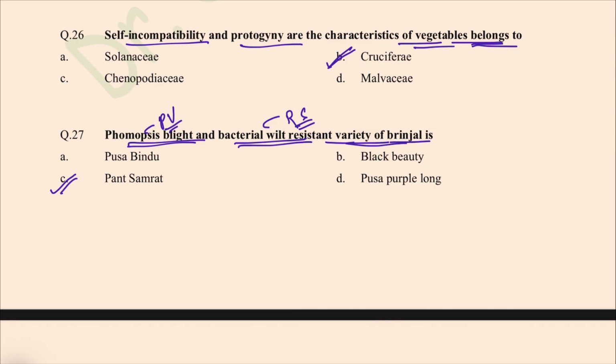Question: the pathogen causing bacterial wilt in brinjal and potato belongs to which category? We have discussed that bacterial wilt is caused by Ralstonia solanacearum, and Phomopsis blight by Phomopsis vexans. Which variety of okra is resistant to YVMV? That is Pusa A4. Next question,